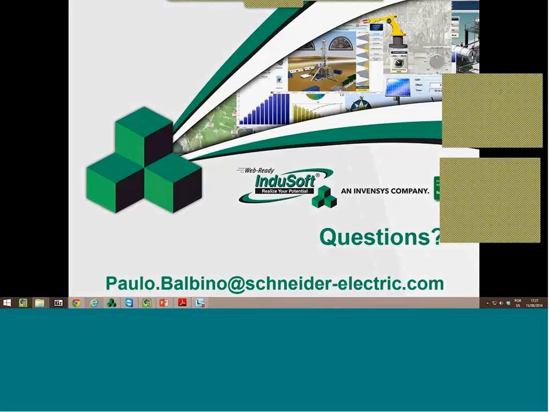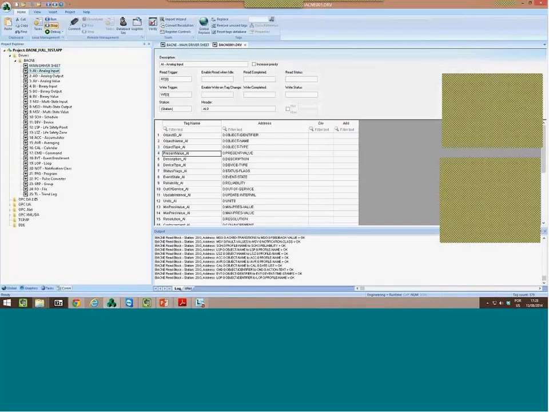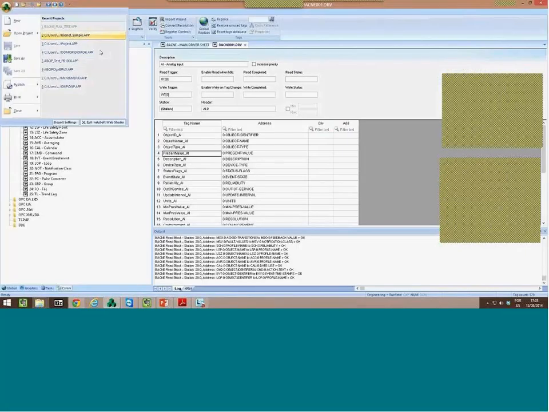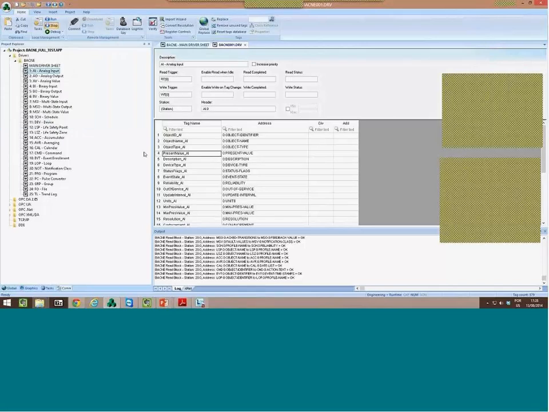One question: what's the difference between the master driver and the slave driver? So let's go to the sample application here. First of all, in terms of concept, the master driver is the client, and the master will communicate to a device, right? And when we are talking about the slave, it is the device. Okay, and why do we have that? We have that because you will be able to create a gateway with that, and that is really good when you're talking about